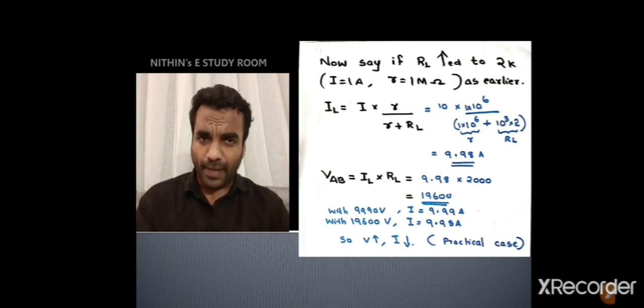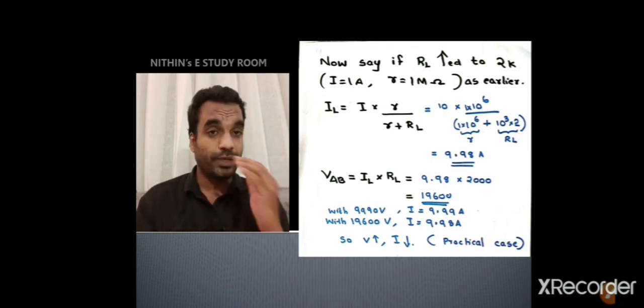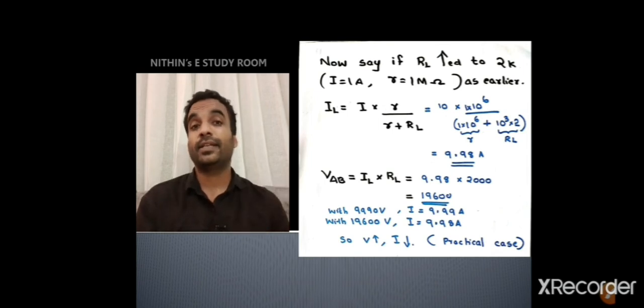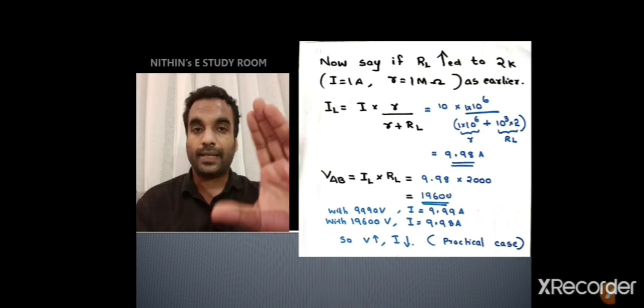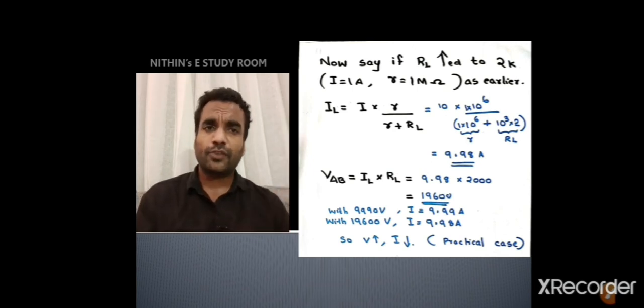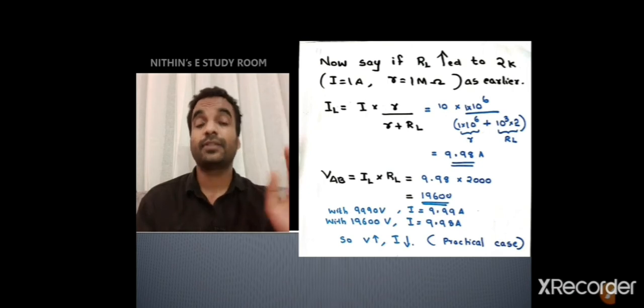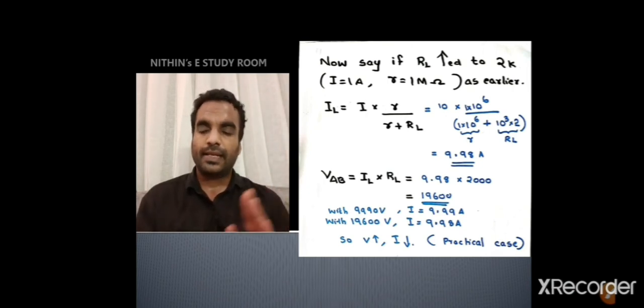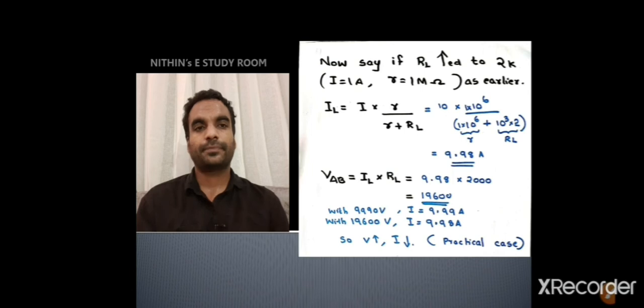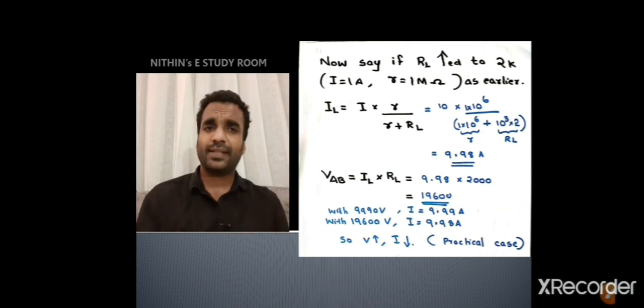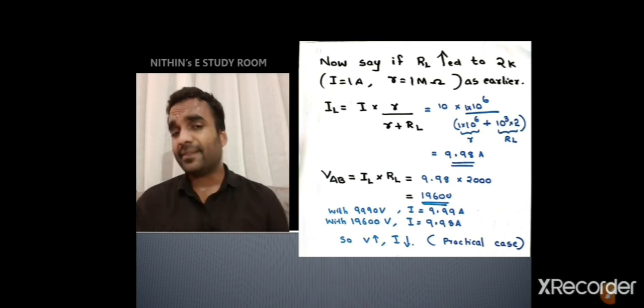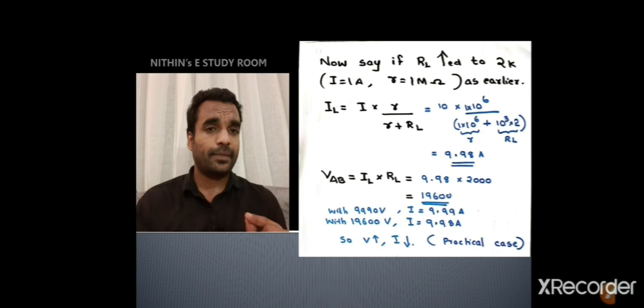In case of an ideal current source, you have to keep internal resistance as infinity and connect that infinite path in parallel to the current source. In case of a practical current source, you have to connect internal resistance in parallel with the current source. Okay. And in ideal case, internal resistance will be infinity, so that parallel path will act as an open circuit. In practical case, there will be a parallel path, but the value of resistance in the parallel path will be very high.